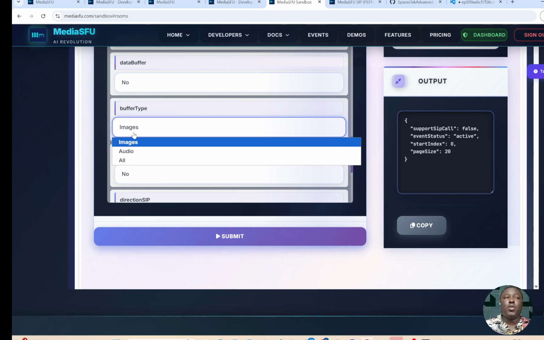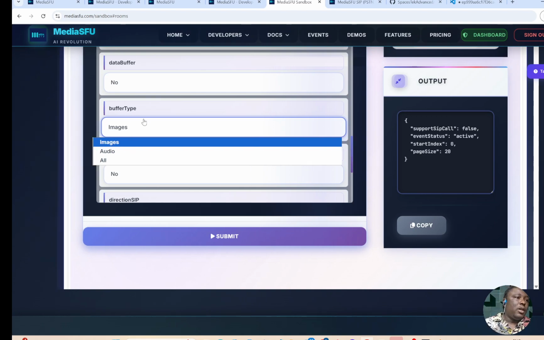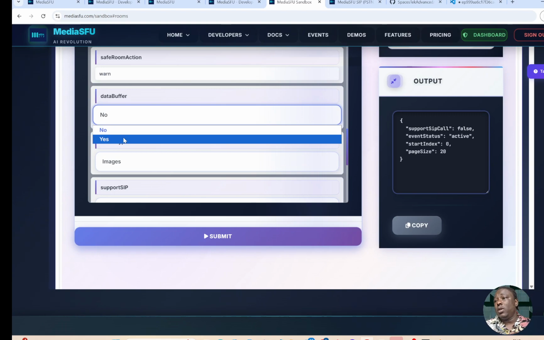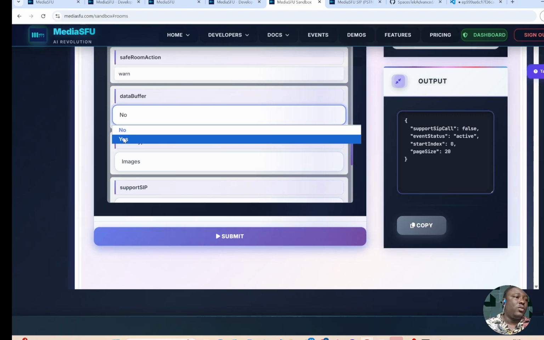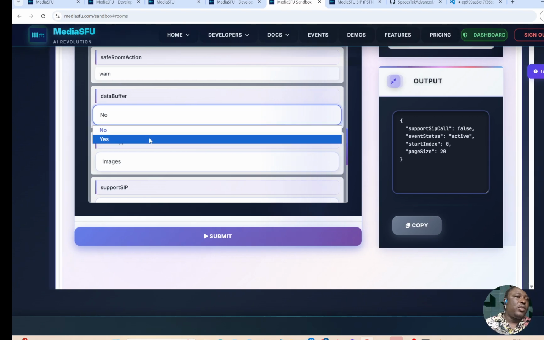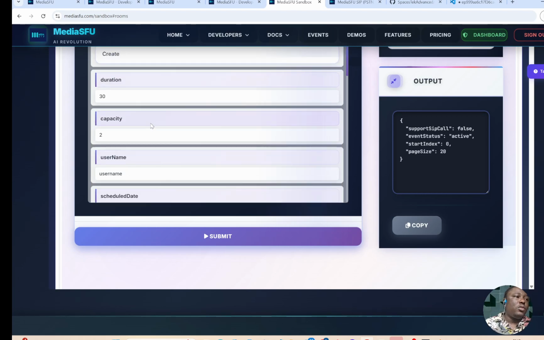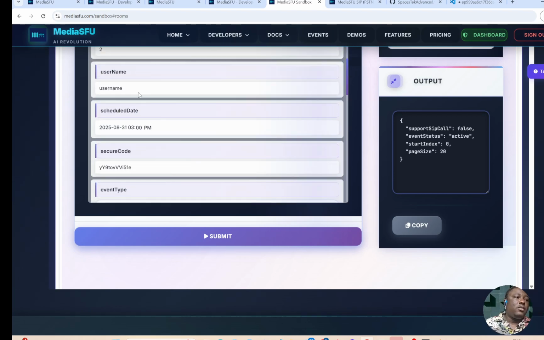So at least you need an audio buffer to be captured, or if you want to be safe, and then surely the buffer needs to be captured for telephony agents to run. So when you're using an AI, you have stuff like this which you could easily modify and see how it goes. I'm just going to change my username here